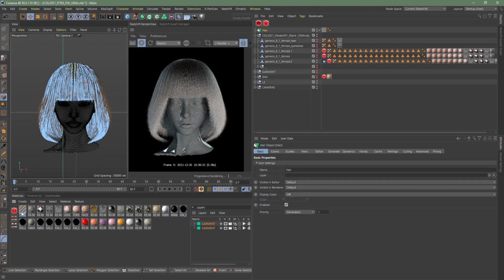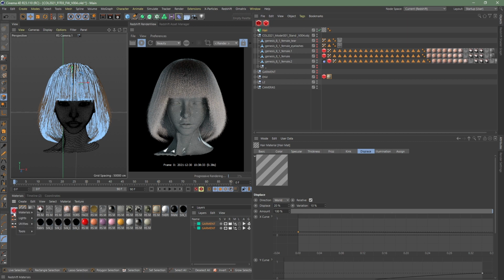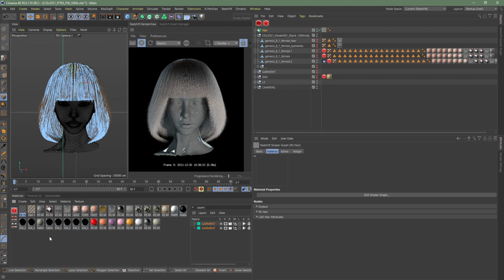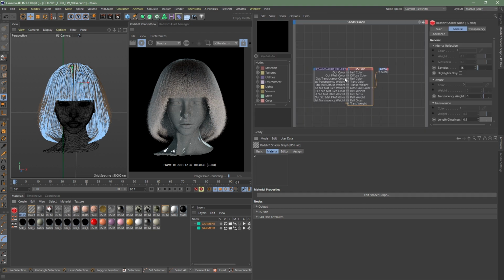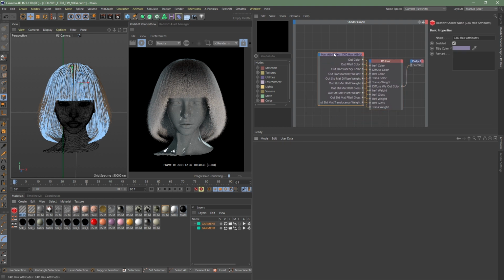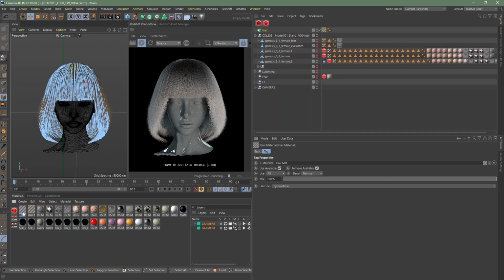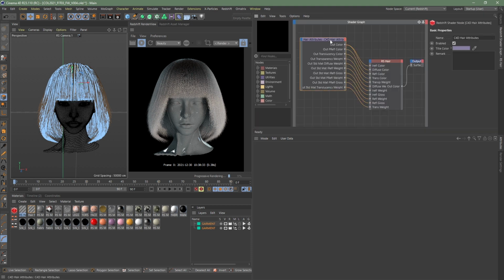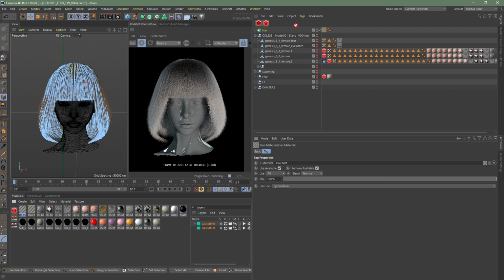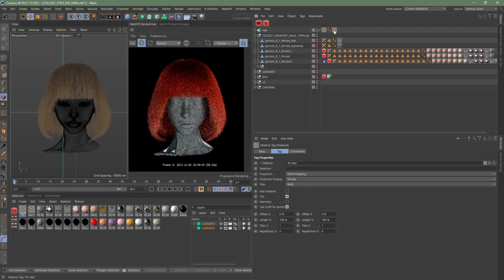We weren't going to be using the hair for the color, and that's because we're going to be using the redshift hair tag for that. So let's just drop that down and have a look. So over here in your materials, redshift materials, we've got hair. So let's just grab that, and we'll open up our shader graph. And instantly it tries to do this sort of conversion, I guess, between the hair attributes of the C4D hair object, hair material, excuse me, and the redshift hair. This works well. On our hair object, and we're just going to apply this so that the redshift hair object is on the right. And you're going to see